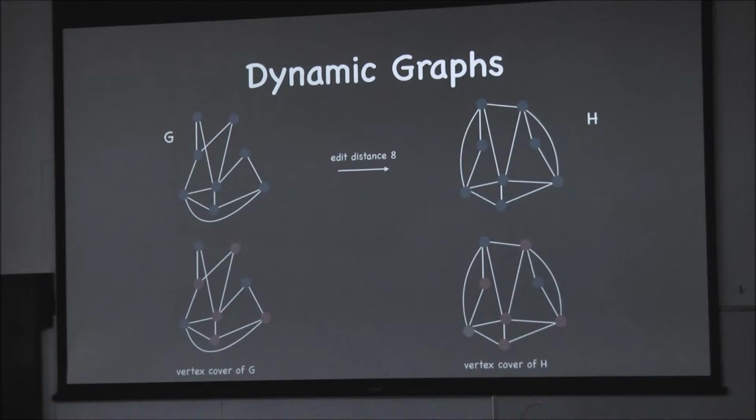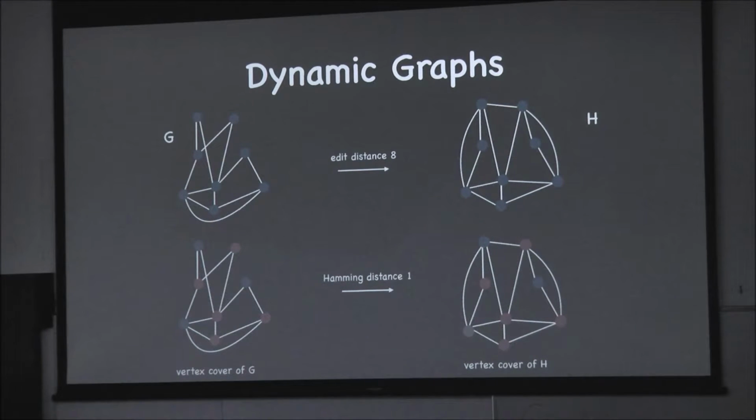So for instance, if I add one gray vertex, that's a vertex cover for the new graph. With a Hamming distance of 1, that is, by adding one new vertex, I'm able to make the current vertex cover a new vertex cover. In terms of graphs, we will use Hamming distance to denote the symmetric difference of the edge sets. As far as the solutions are concerned, we will use Hamming distance to denote the symmetric difference of the vertex sets. I hope that terminology is clear. So this is the setting that we are in.